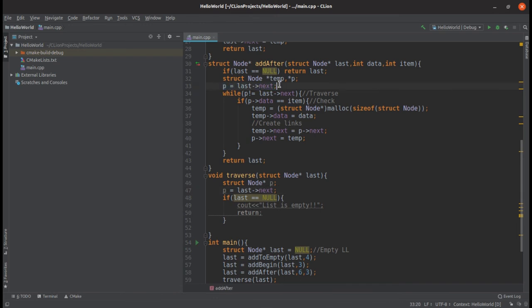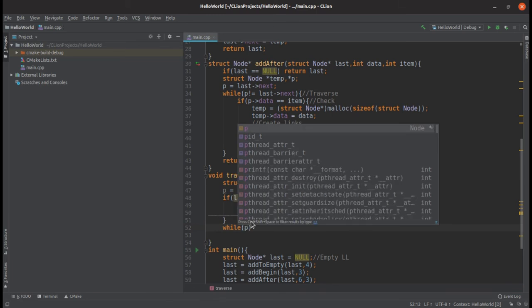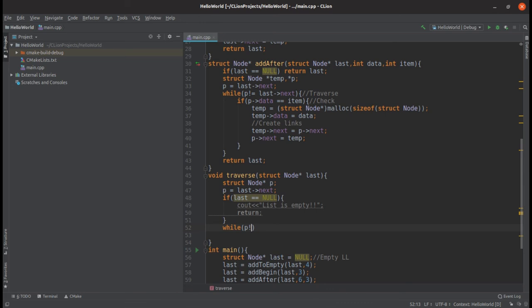And now we are just going to use a while condition: while p is not equal to last next. So we will run this while loop until the pointer is pointing to the first node,